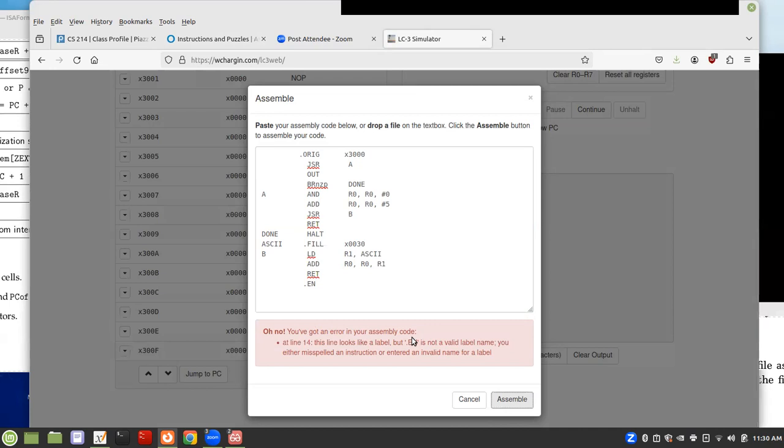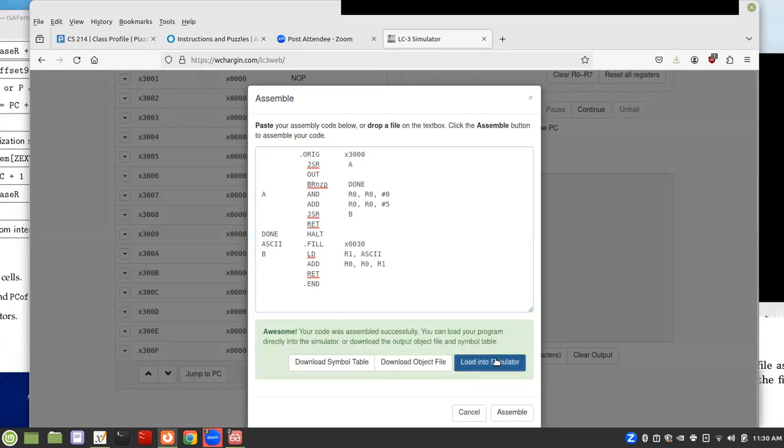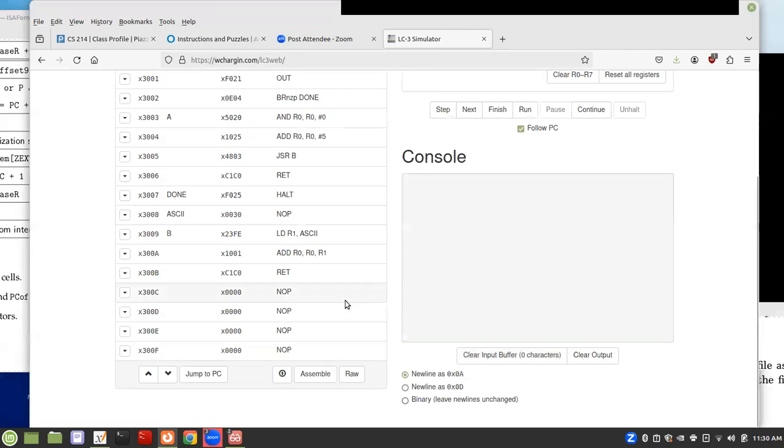You've made a syntax mistake. It's like if you wrote a Java program and you compiled it and it didn't compile. That's a compile time error, or an assembly error. Okay, so if I do this and it assembles, and then I load it in the simulator, and then now it's